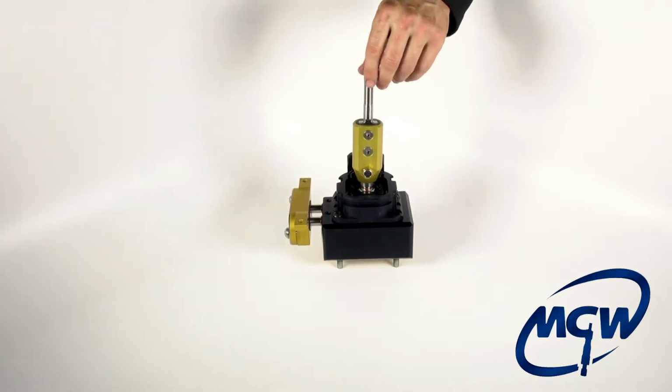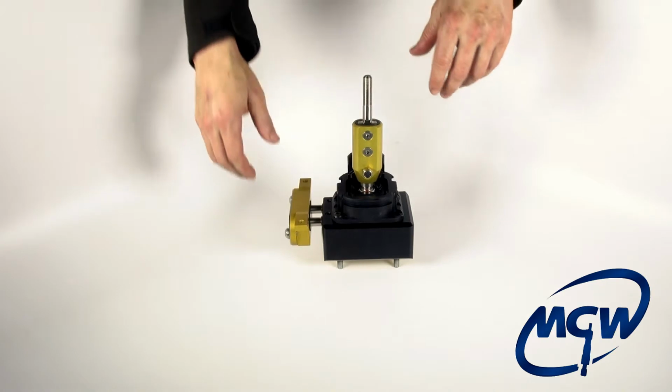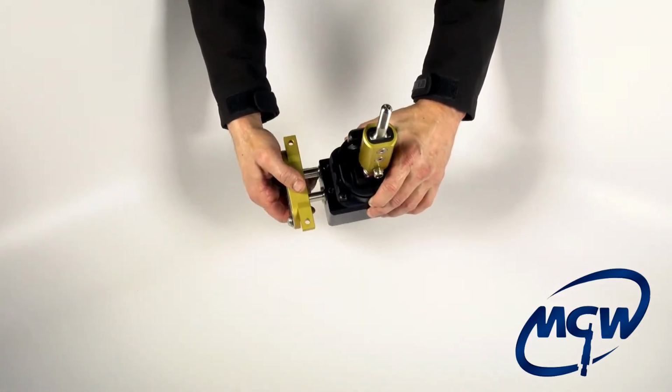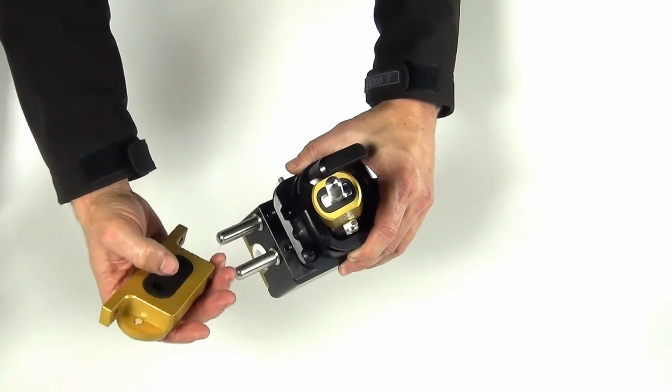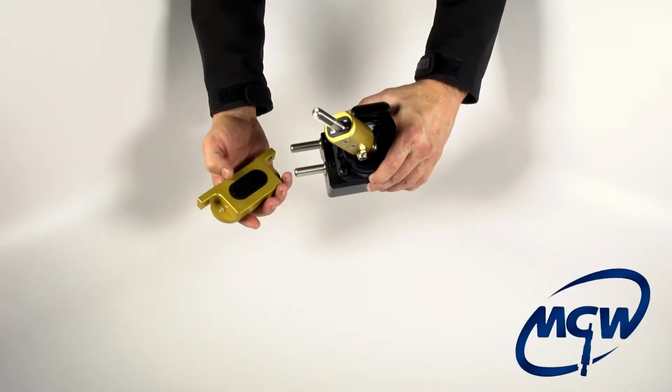Okay, this is the 2014 edition of the MGW MT-82 shifter. We'll give a little summary of the components of the shifter. You have our new gold rear bushing bracket we've had out for about a year. Works really good. Comes with a street durometer bushing, and it also comes with a track durometer bushing that's harder